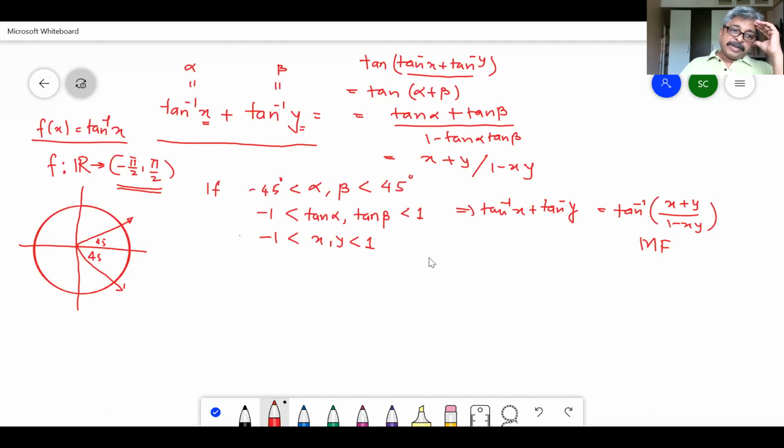What will be another nice situation? Another nice situation is if one angle is in the first quadrant and the second angle is in the fourth quadrant. No matter if they are more than 45, if one angle is in the first quadrant and the other is in the second quadrant, then their summation will never exceed pi by 2 or be less than minus pi by 2. That is also an easy situation. Do you understand? If one angle is here and another angle is here, the summation of these two angles